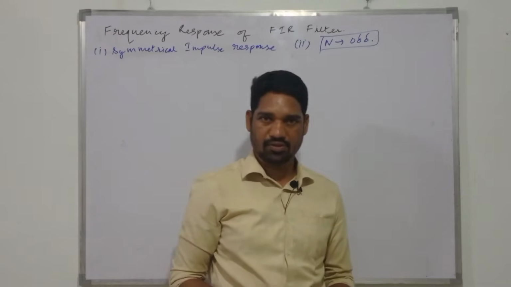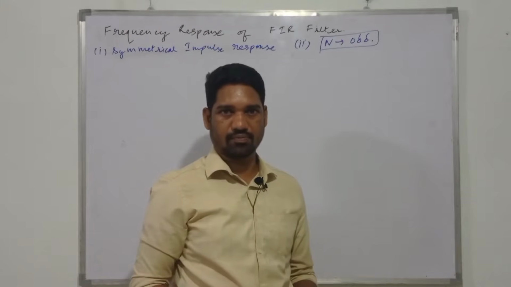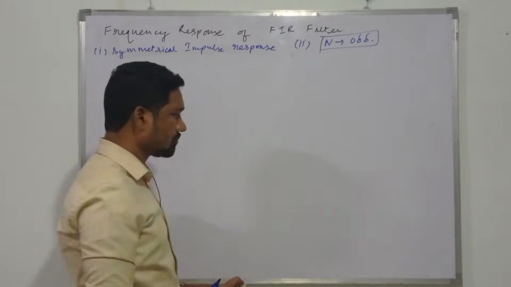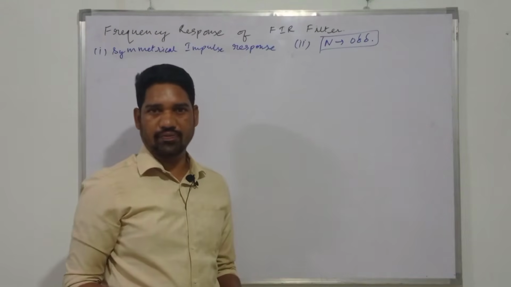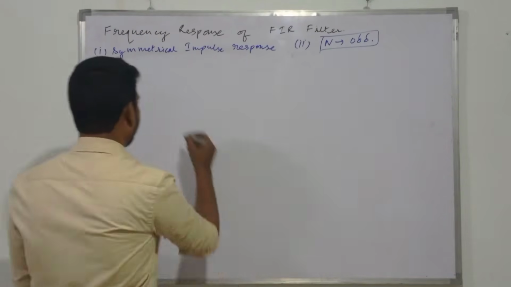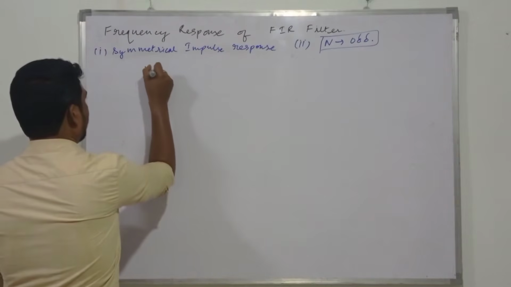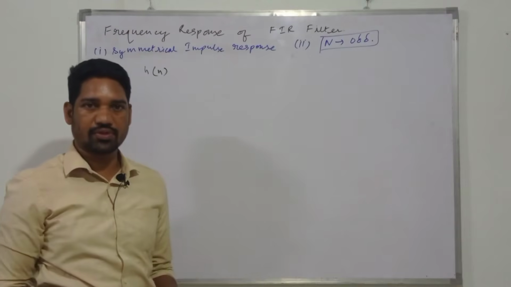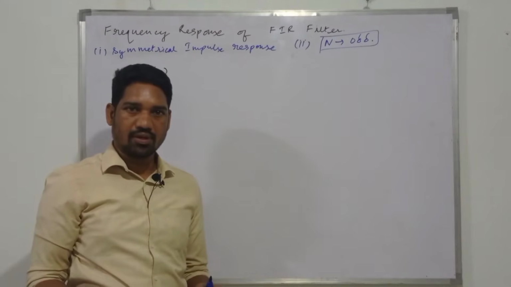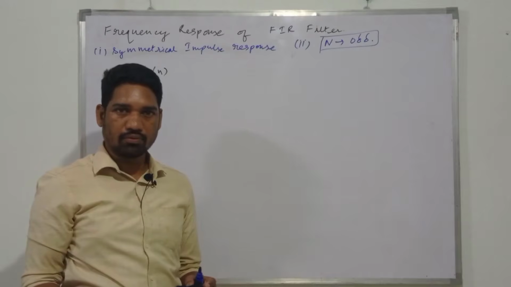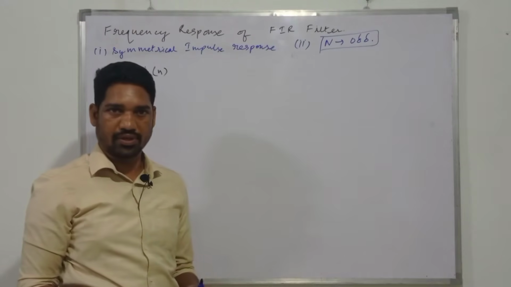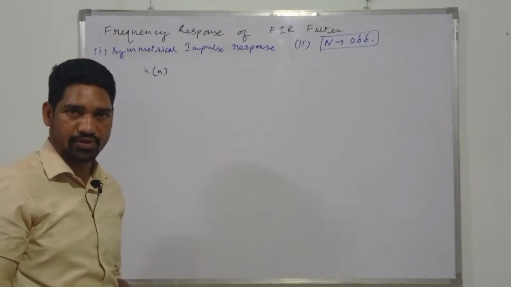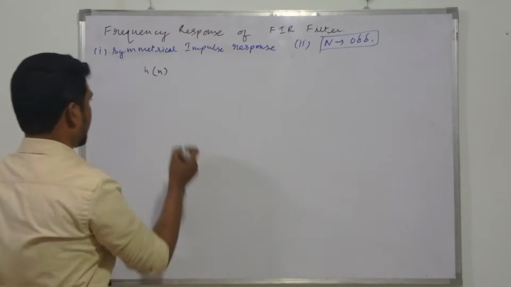Let's see how we reach the equation, how the frequency response looks like. Somehow during the process we'll reach the point where we have that impulse response h of n. Okay, we will have that h of n, and how to obtain the frequency response? It's simply converting the time domain to the frequency domain, isn't it? h of n is in the time domain, so how to convert that to the frequency domain? Simply the Fourier transform, one of the important tools.